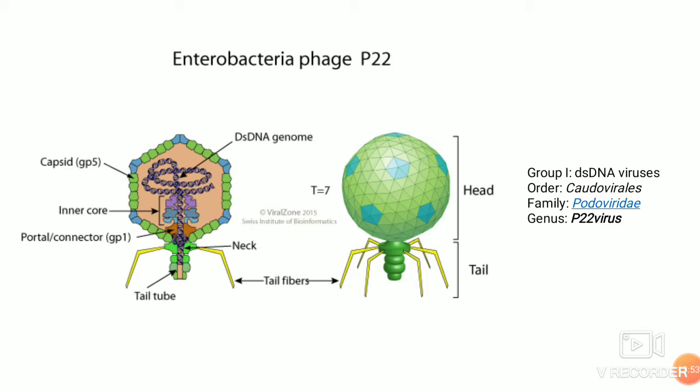When it is in a lytic cycle, generally there is immediate production of virions and the cells are lysed. In the case of the lysogenic cycle, the phage stays as a prophage until conditions are available for it to replicate. Now a little about the structure. It also contains a head, that is the capsid, and a tail. This is also a double-stranded DNA phage. The DNA is contained within the capsid, which protects it from environmental factors which can damage the DNA.